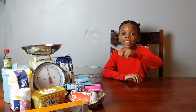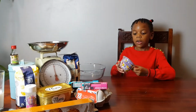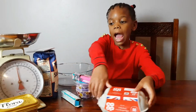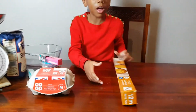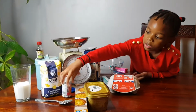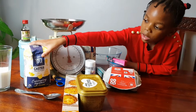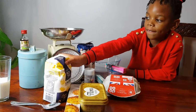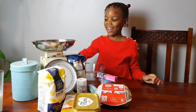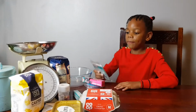We'll be using today a whisk, a bowl, cupcake cases, 3-color gel, eggs, baking paper, butter, sprinkles, baking sugar, vanilla extract, a unicorn to put on it, then,